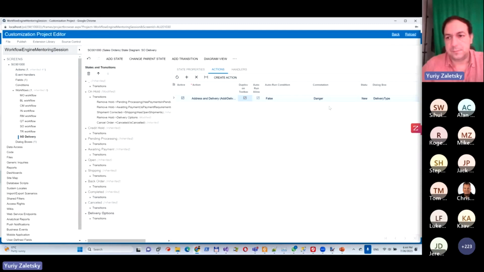So again, this section dialog box helps to connect the dialog boxes which you created here. And you can do that on the states which you want to have. So basically this state,